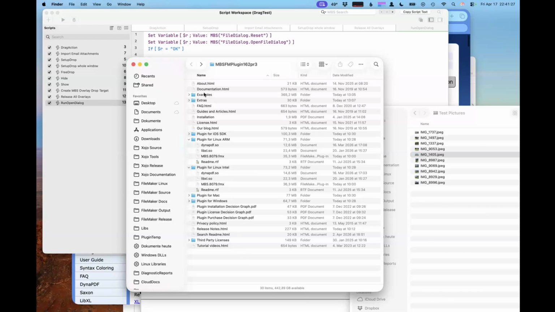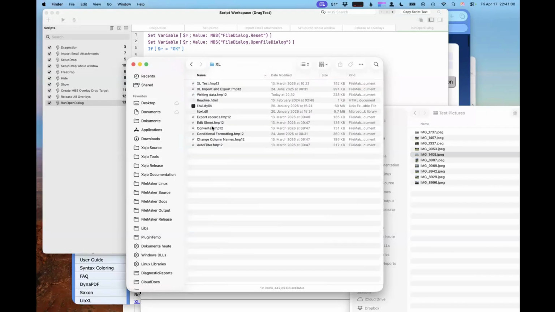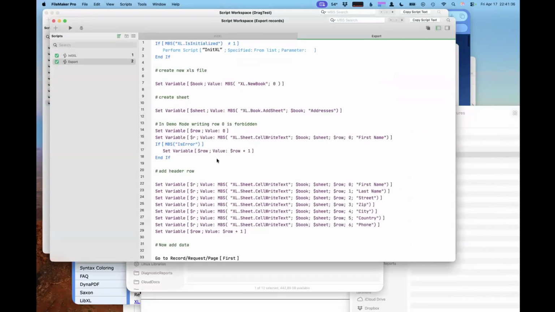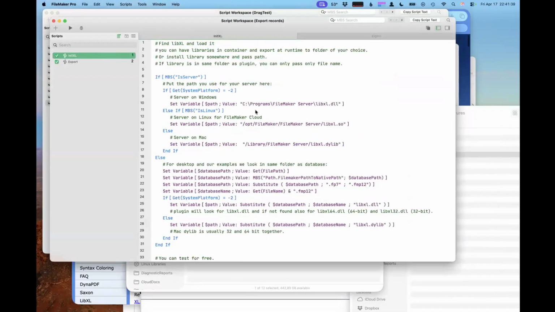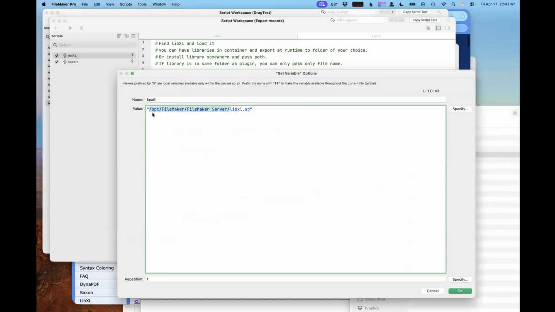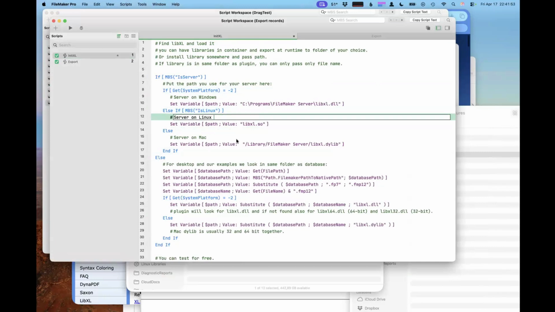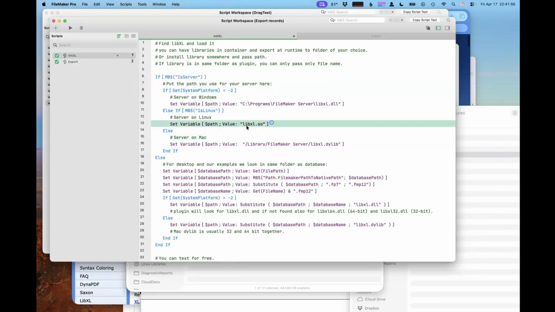Yeah, and the example is the same. Like here, we had this export record script. Here it is. So this could run on the server. If it's a server, we can put in the absolute path to the library, but I actually prefer... Oh, this is an old comment. Okay. No FileMaker Cloud. So libxl.so as a shared object for Linux, and then if you just pass the file name, it looks in the extensions folder,